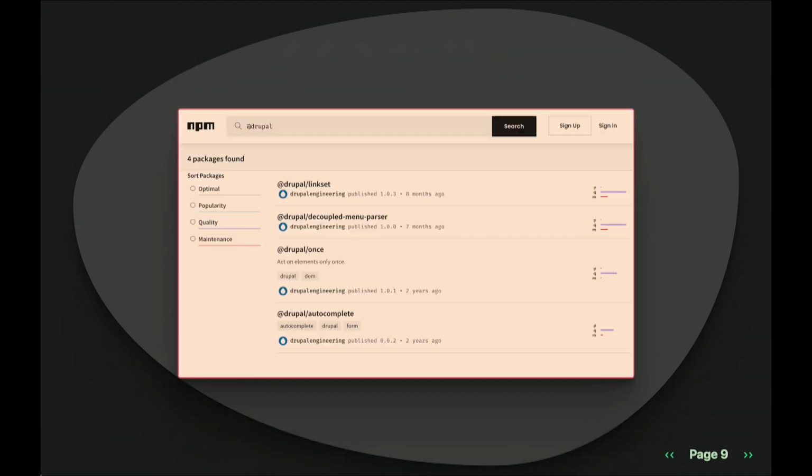Drupal also has its own org and namespace on NPM. So if you know to look for that, this is what you would find. There are currently 4 packages under the Drupal namespace on NPM. One is Once, the replacement for jQuery Once that's used by core. There's an accessible autocomplete project, and then a couple of packages that were built as part of the decoupled menus initiative. But again, these are all pretty specific